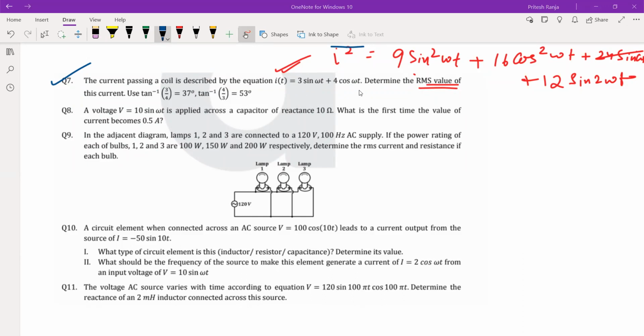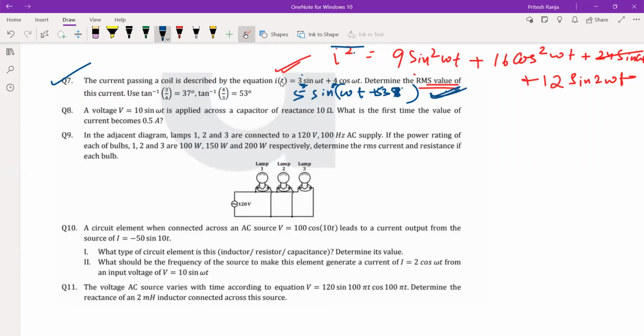मैथमेटिकल कन्वर्जन जैसे maximum value निकालते हैं in trigonometry, you can do that as well. Or what is the simple way? You mean to write like this, right? Simplify: 5 times sin omega t plus 37. Yes, sir, 53 degree we get. 53 आएगा. 3 by 5 and then 4 by 5. तो यहाँ से ये cos, exactly 53 degree. ठीक है, ये भी तरीका चलेगा.